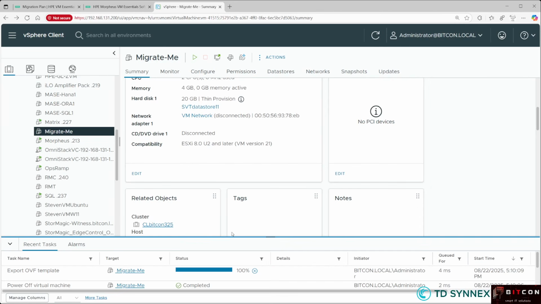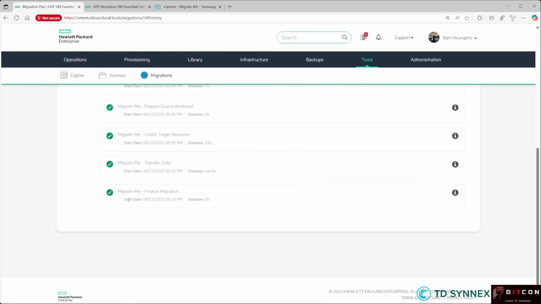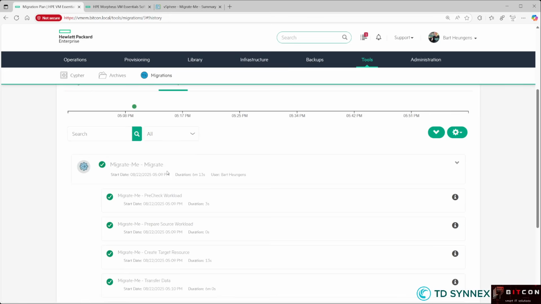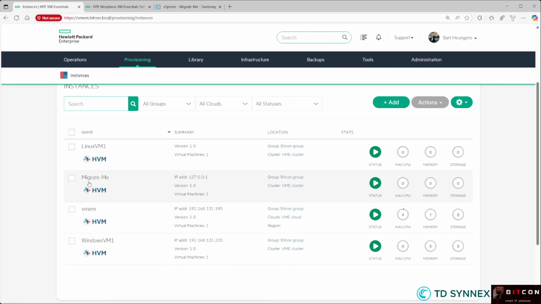So once the export arrives at 100%, you will see as well that the history tab is also continued towards 100%, and it looks like that migration is successfully completed. And it says ready. Well, now, of course, how can we validate that? Well, quite easy, by going to provisioning and instances. And now you will see here the Migrate Me VM, which was running first on VMware, is now an HVM Migrate Me VM. And when I click on it,